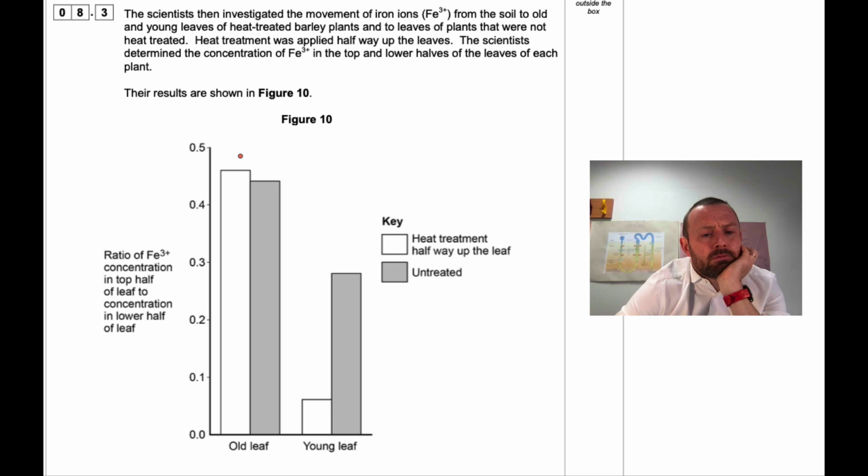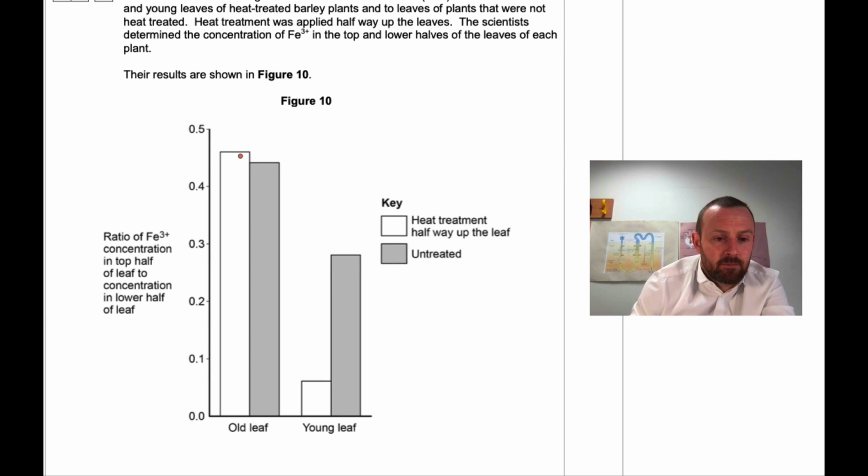Ratio, and this is the data. Ratio of Fe3+ concentration in the top half of leaf to that in the lower half of the leaf. So the first thing to notice is the top half has less Fe3+ than the lower half in any case, because the ratio is kind of maxing out at about 0.45-ish. But in old leaves,